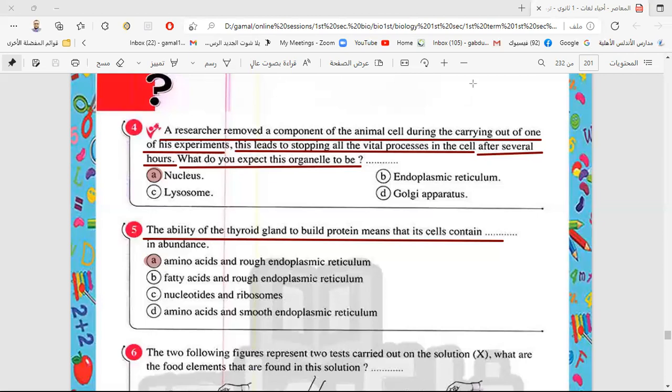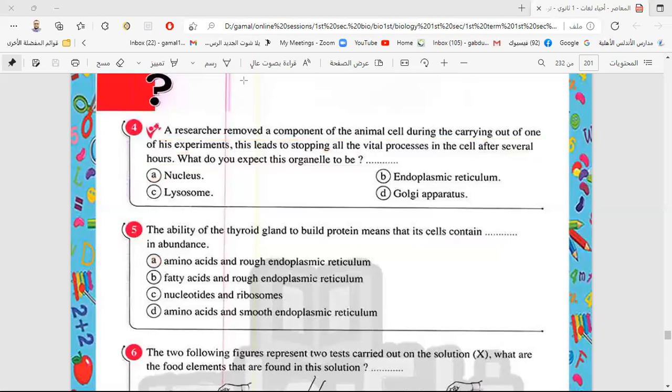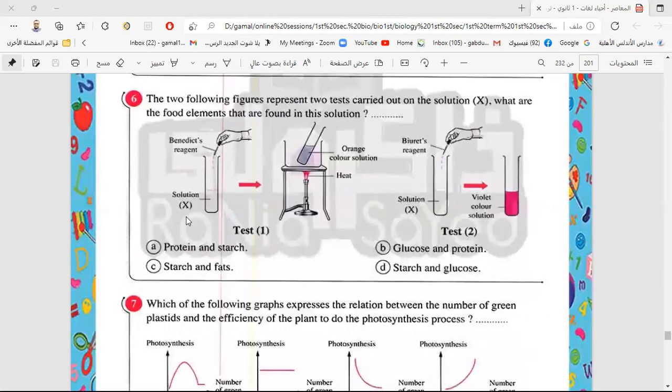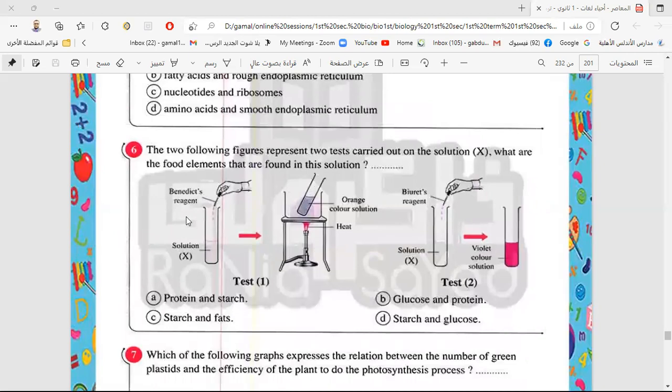Let's go to another question. We have here the two following figures representing the two tests carried out on solution X. There is solution X here. We have here solution X. This one also is solution X. Two experiments or two figures represent the tests carried on solution X